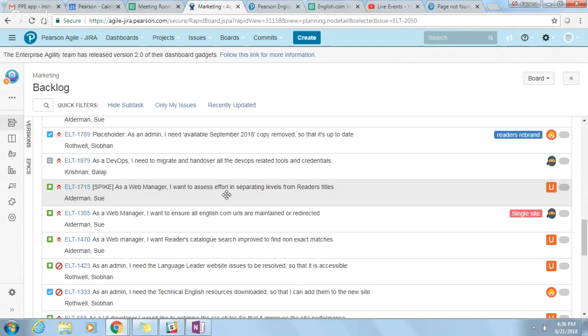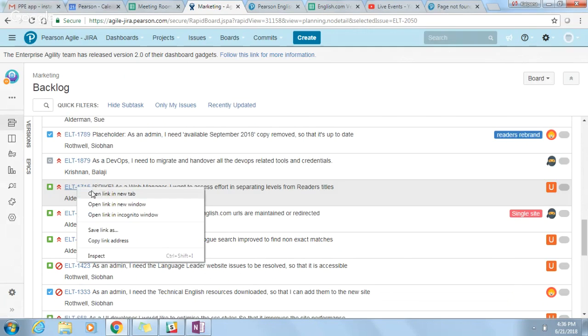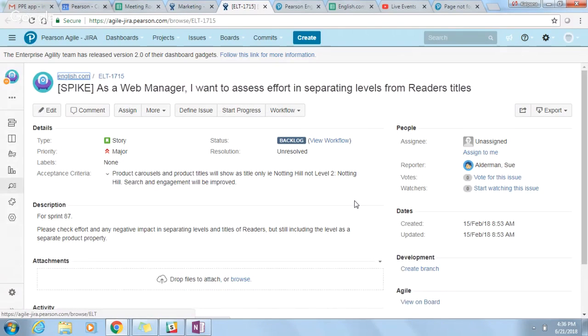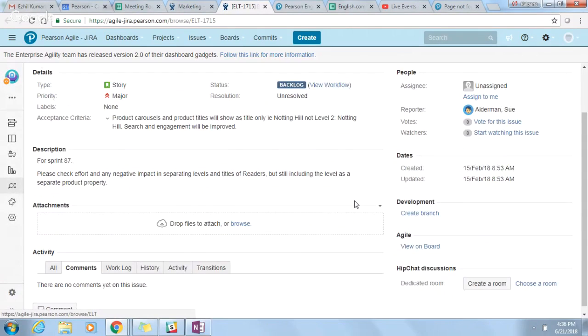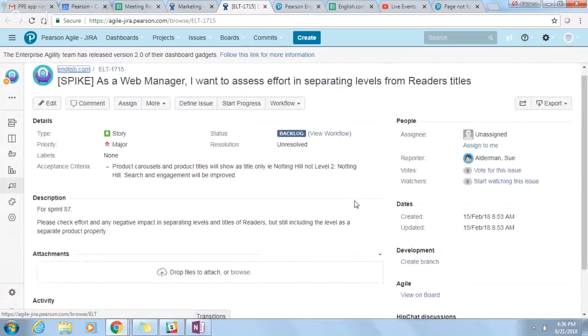1715. So this is just to explain the spike, 1715. Okay. When you provided that output of the product data, which was brilliant, by the way, really good and very useful, you can see how we set up the titles. So there's one field, one cell contains the title of the reader and also its level. Is that something that you have seen?